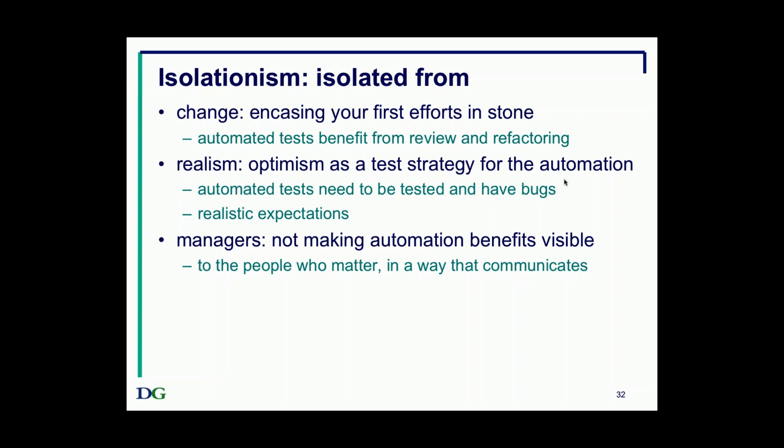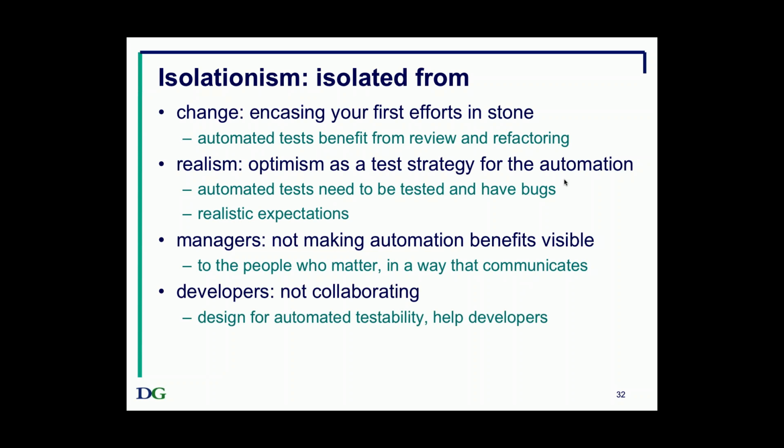Again, in the experiences book, we encouraged people to say what their return on investment was, and we had some dramatic successes, including one of 900% in the anecdotes chapter. But not everybody who succeeded actually quantified ROI. But what they did do, they communicated the benefits to the people at the high level who could see what was happening. Now, another thing that we found in doing the experiences book is the organizations that did the best with automation also had the best relationship with their developers. So collaborating with developers is also very important. Don't be isolated from developers, work together with developers.